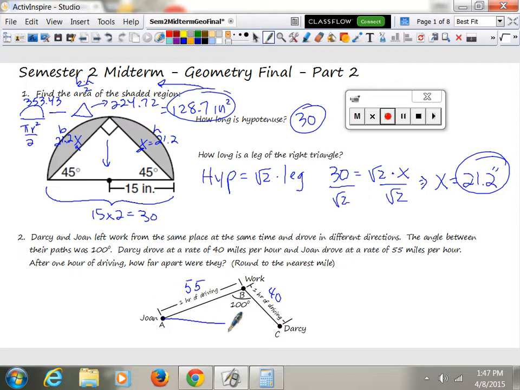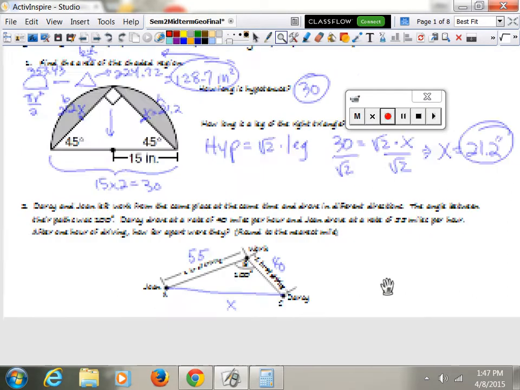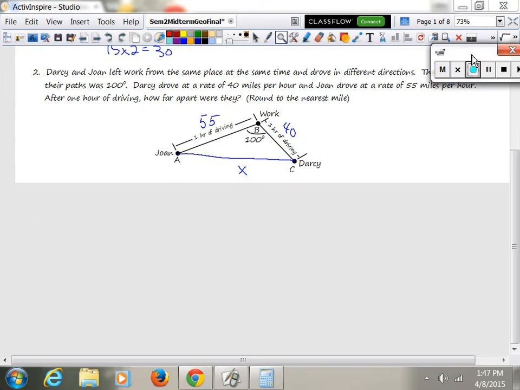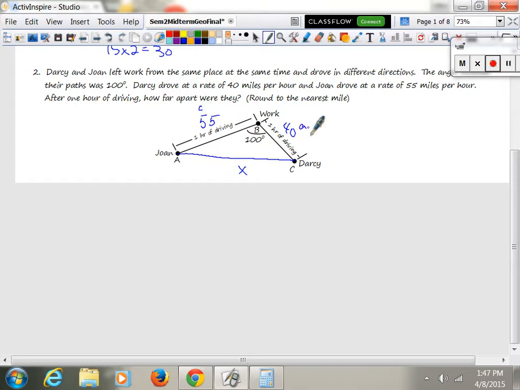After the 1 hour driving, how far apart are they? So you connect them and you're solving for x. And you need to use law of cosines for this one. This one is your law of cosines because you have little c, you have little a, and you have capital B. So you've got 3 different letters. You're going to need to use law of cosines. And we're going to be looking for little b. So b squared equals a squared plus c squared minus 2ac times cosine of b is my law of cosines formula. So b squared